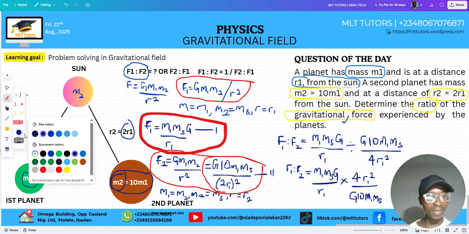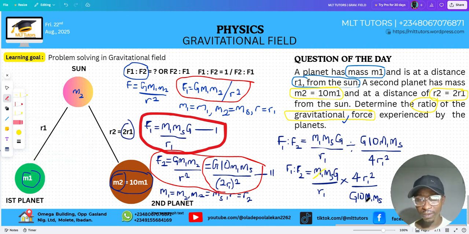We can now see that there are common factors: m1 will cancel m1, ms will cancel ms, g will cancel g,